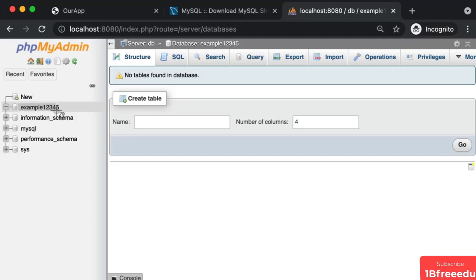Cool. So we see that database right here. Since it's a brand new database, it doesn't have any tables, but you can create tables right from within phpMyAdmin. So it's sort of like a web browser version of Workbench. I won't walk you through how to perform every single action in phpMyAdmin, but I do want to show you,